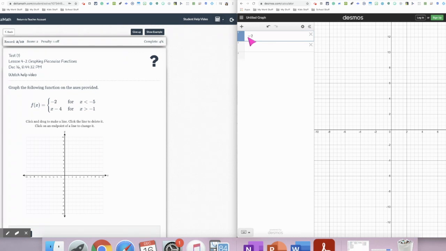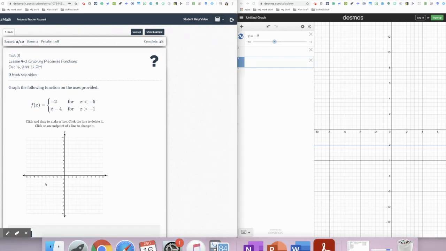Y equals, so I have y equals -2. It's just a horizontal line. So I am going to graph all the x values that are less than -5, but I have to start at -5. So I'm going to click and I'm going to start dragging. So I know it's a horizontal line, and I'm going to include all the x values that are less than